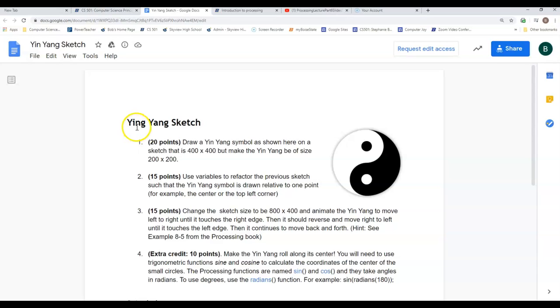So the first specification, for 20 points, you're going to draw your yin-yang. You should have done this already. Make sure that your window is 400 by 400, so size is 400 by 400, and the yin-yang, its diameter is 200 by 200. Second point on our specifications, worth 15 points, is to use variables to refactor the previous